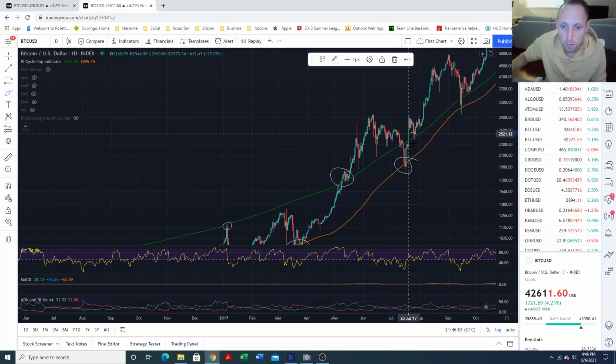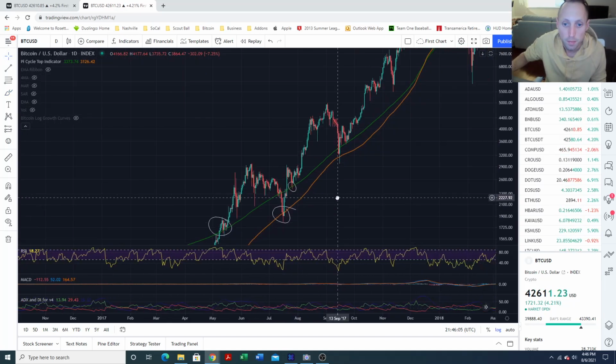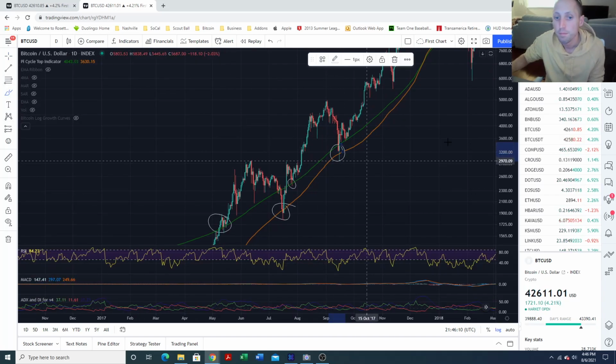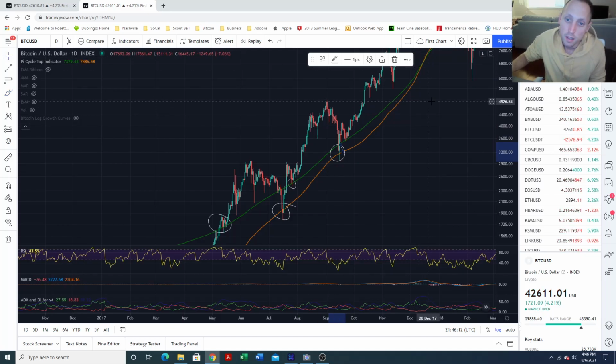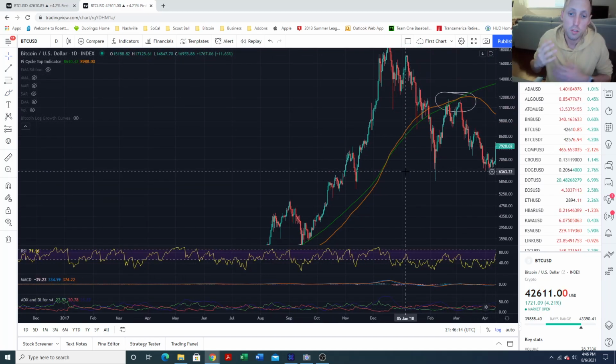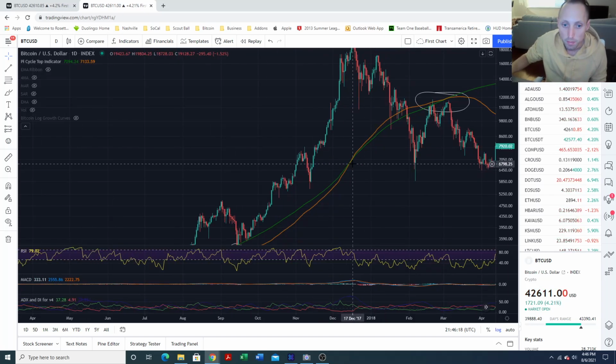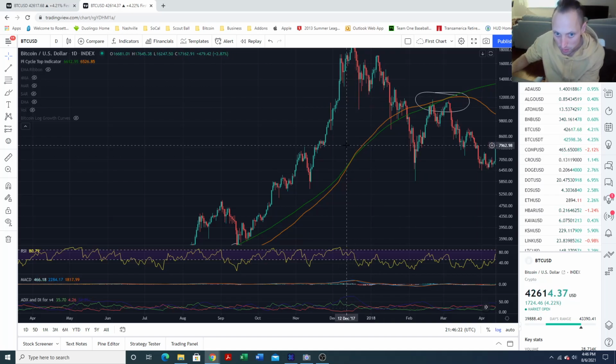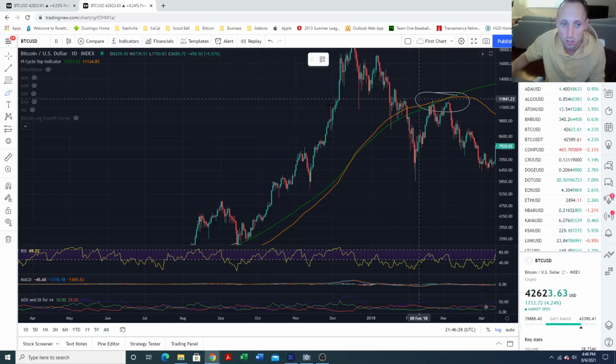Broke through, came and retested. Broke up like crazy, came back down. Where did it find support? Again, this chart was recently invented. It was meant to go back in the past to find peaks. But as you can see, this is actually an indicator that has shown both support and resistance zones.